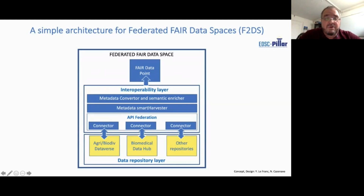For instance, Dataverse or the Biomedical Data Hub or any other repository. And the idea is that these repositories have all different APIs. So the first step for creating this architecture is to start creating common connectors and create what we call an API federation. And that API federation will then be used by other services such as the Metadata Smart Harvester, that will fetch the metadata from these different repositories